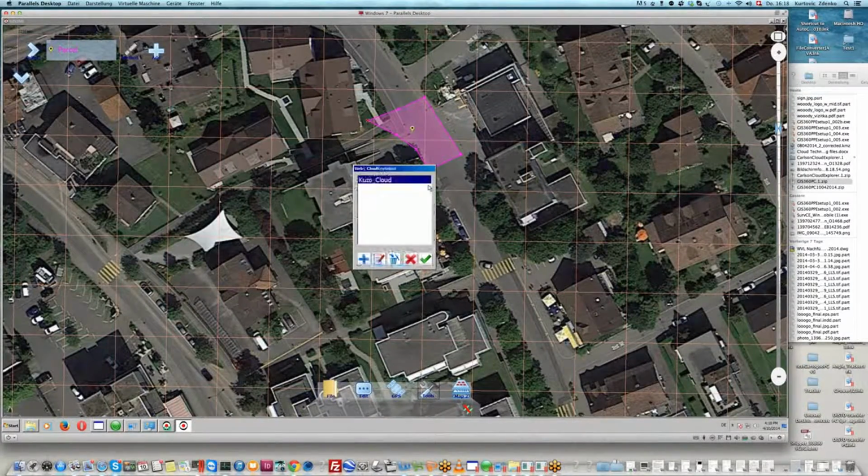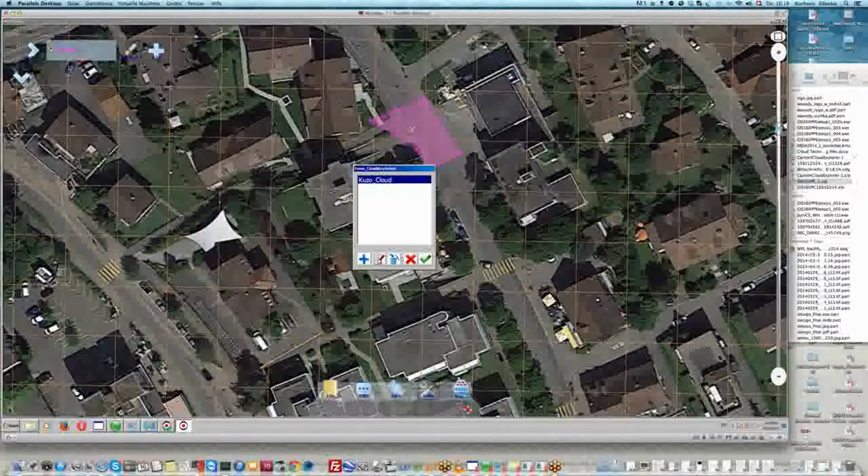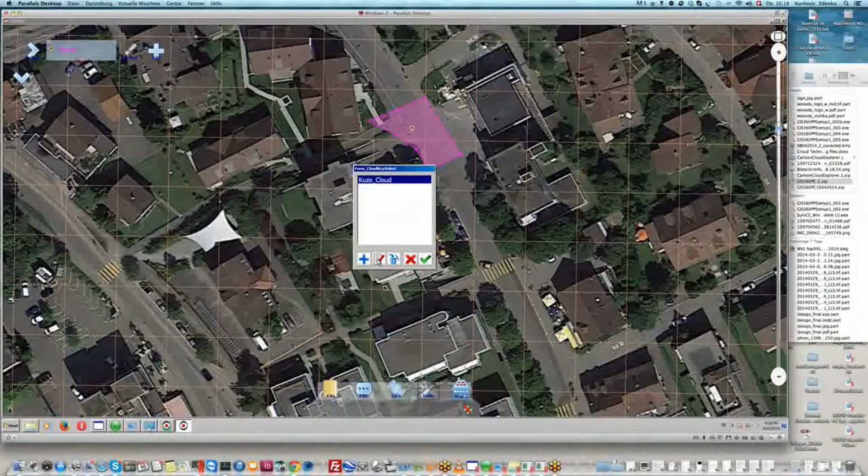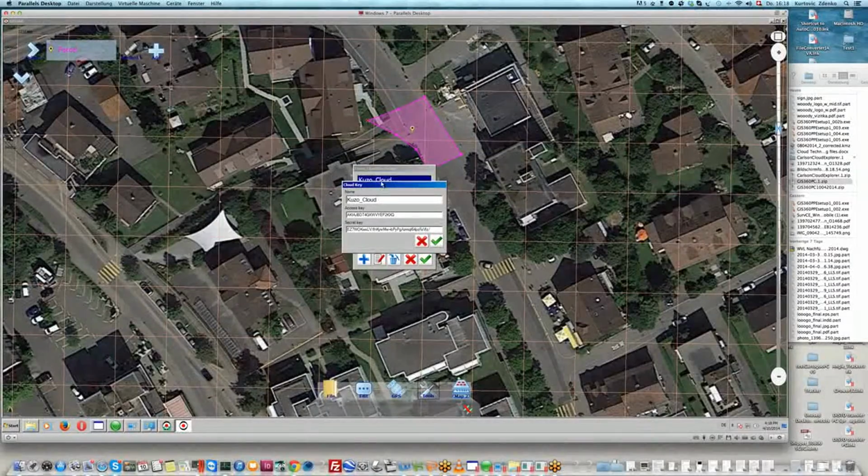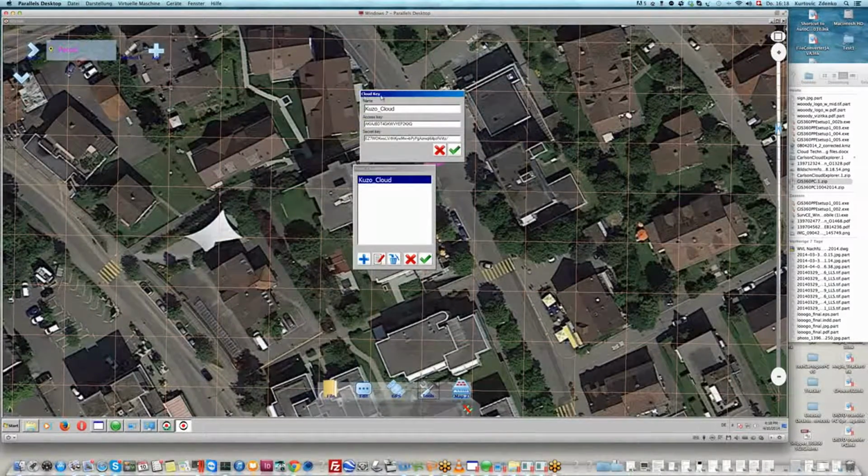If I click on the icon with a key, you will see a name field, which is optional; you can give any other name you want. If you click on the second icon from the left, you will see a cloud key. This is the name of the cloud, an access key, and a so-called secret key